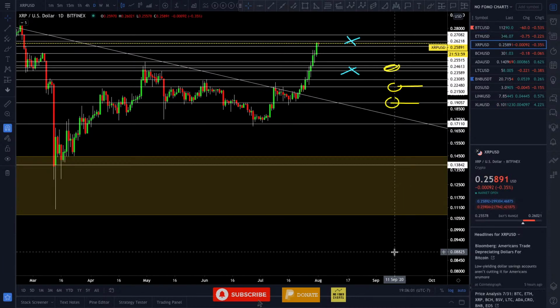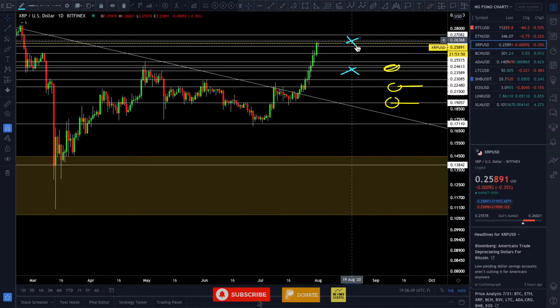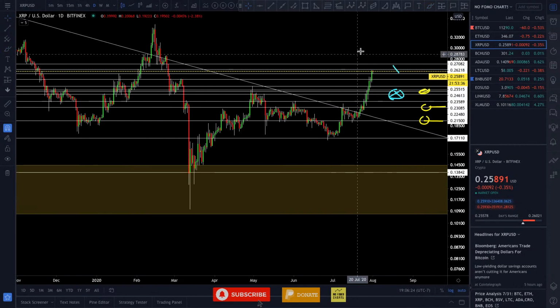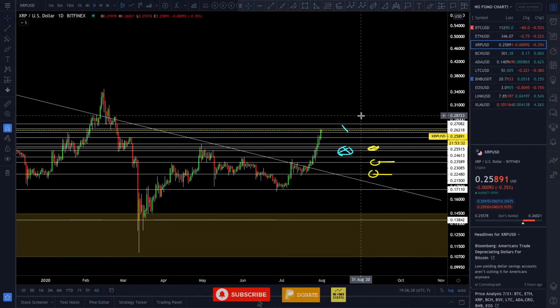Remember, this is for educational purposes only. All right, speed this up. XRP, again, we hit our target exactly. So I'm going to remove this target. Now I'm looking for a consolidation target if this is going to turn into a higher high, higher low pattern. So I'm looking for this zone at 22 to 23 cents on Ripple. But if it keeps going on a bullish rampage up, next targets would be 28 cents,